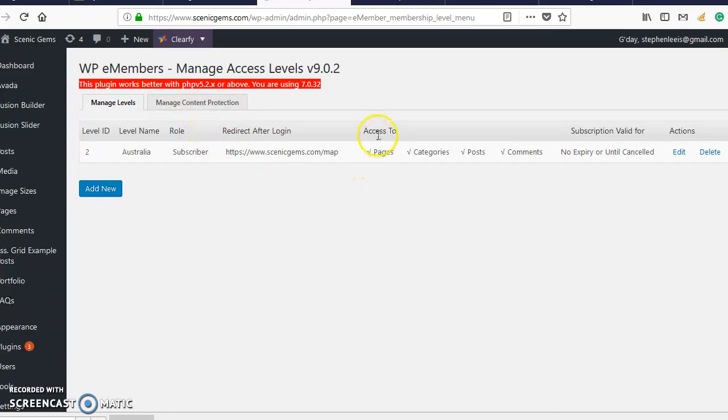So if it's got access to pages, it's got access to all of these different kinds of WordPress functions. It redirects after the login to the map page. So once somebody logs in, I would like them to go and see the map with all the icons on it. And then in Manage Content Protection,